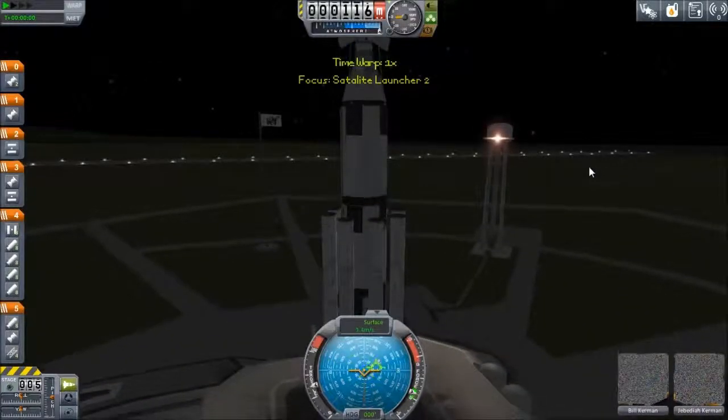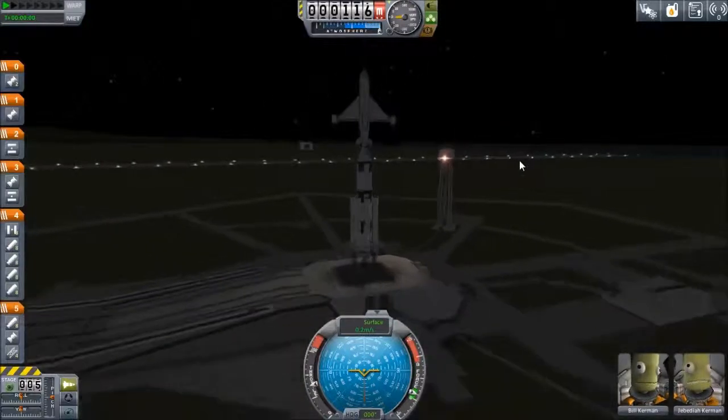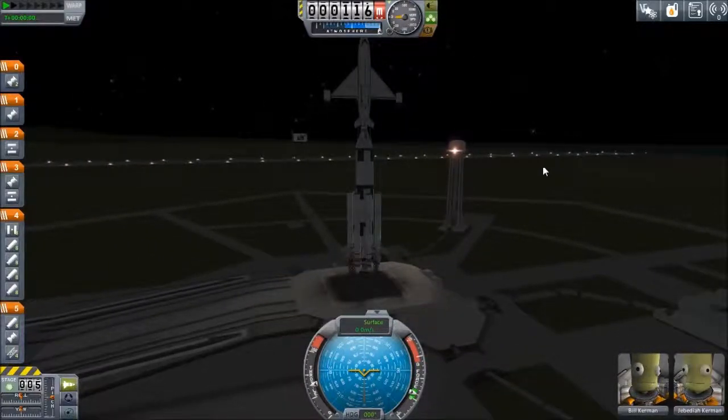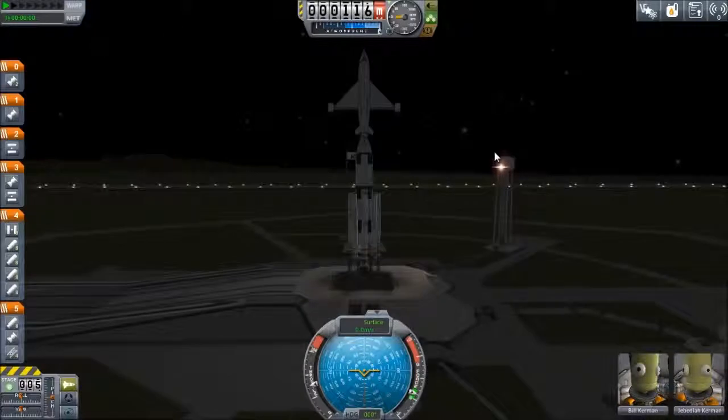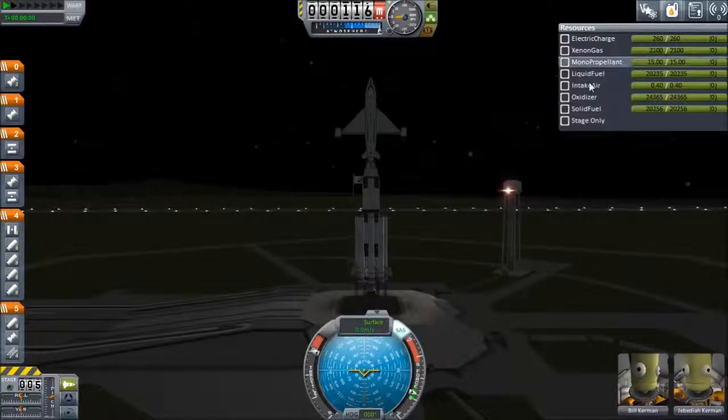Now this is an ion-powered spacecraft, and since we'll be flying towards the sun, we shouldn't have any problem. And because we're basically electricity powered and we use very little xenon gas, we should be able to get arbitrarily close to the sun. So let's do that. Let's put our throttle all the way up. Turn on SAS. Let's show our resources here,